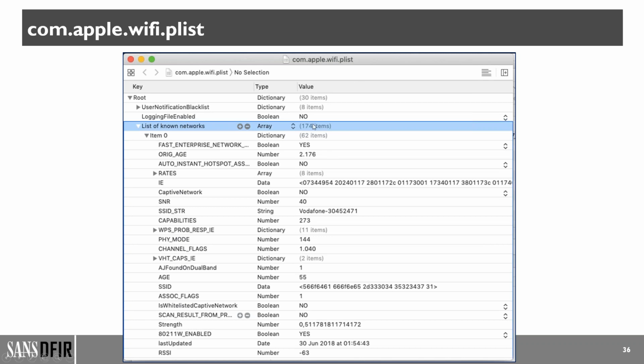In my phone, you can see that there are 174 items in the list of known networks. So it's a huge amount of information. This file can be parsed with an open source script. If you take a look at the sysdiagnose scripts by Cheeky Forensics Monkey, there's a script to parse